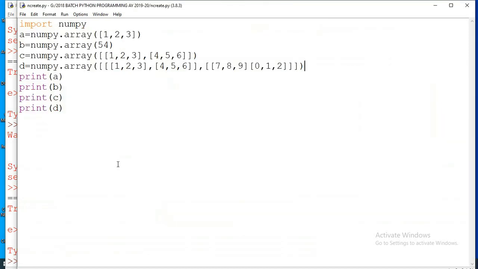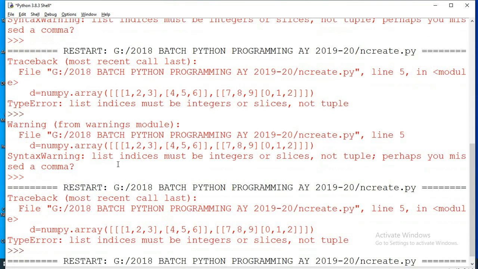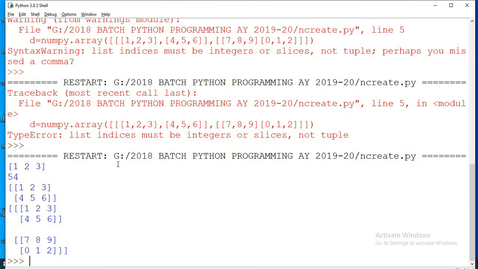Perhaps we missed a comma. Okay, so somewhere we have missed the comma. Yeah, here. Now we'll get this one. Yes, so you can observe here 1, 2, 3, 4, 5, 6, 7, 8, 9, 0, 1, 2.